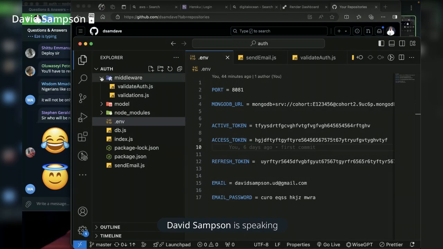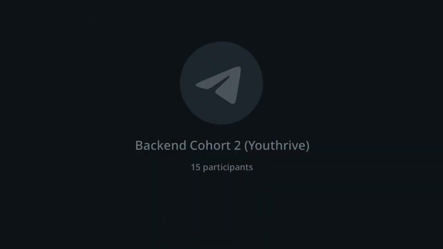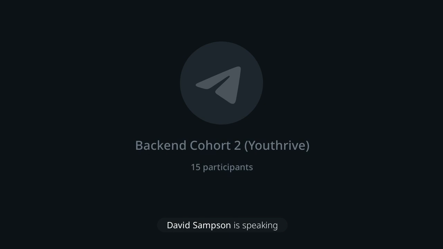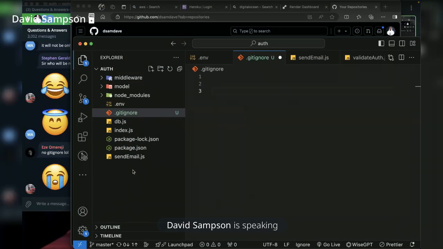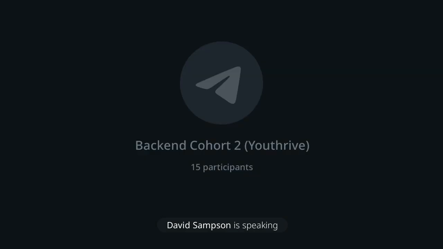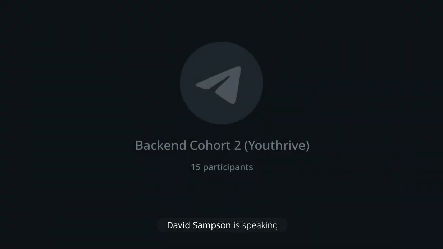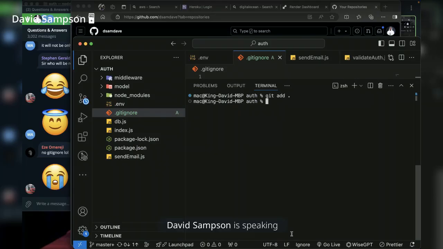You need to have a .gitignore. Create .gitignore, and then ignore node_modules, ignore .env, ignore the two of them and save it. So I will run it again. This thing you want to push node modules. Are you okay? So git add dot, git commit, commit updated,